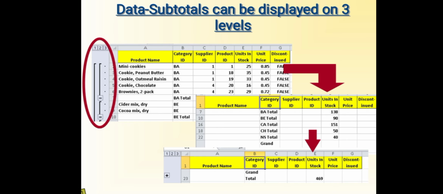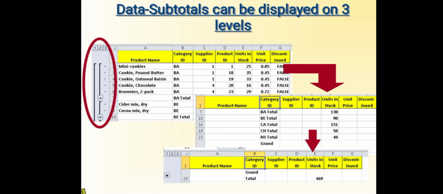Say for example, here you can see subtotal can be displayed on the 3 levels, right? Here you can see this one, mini cookies unit in stock like 25, 35, 33, 16, 29 it is given, right? So when we are going for subtotal, it will be, suppose, BA total, you can see BA is the category ID of mini cookies.